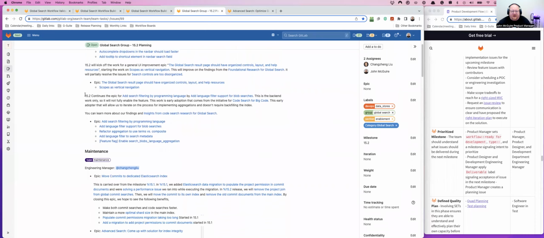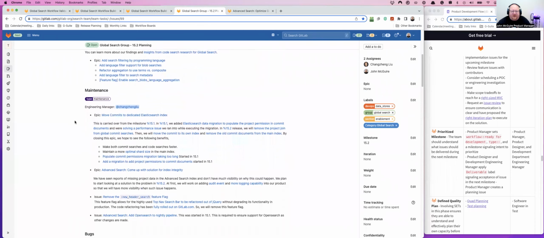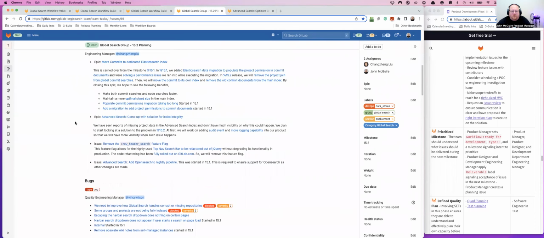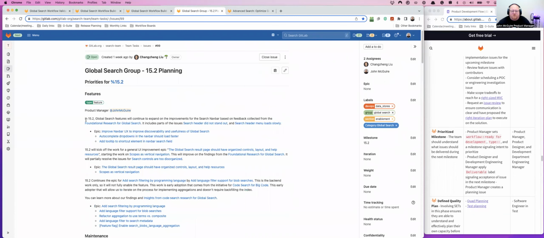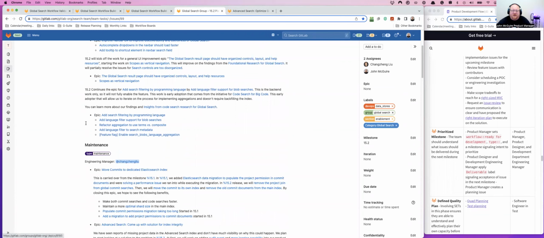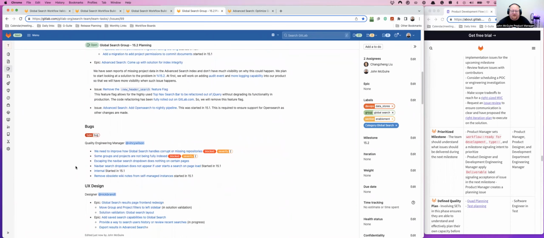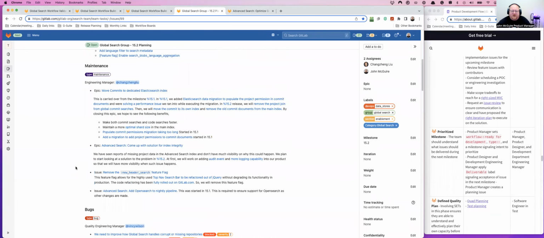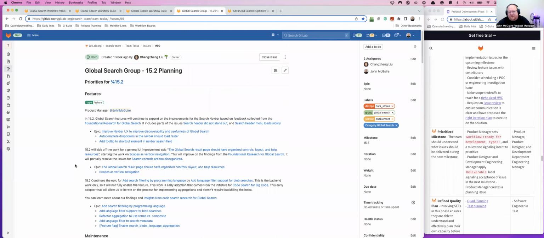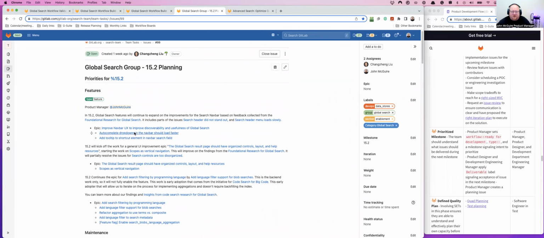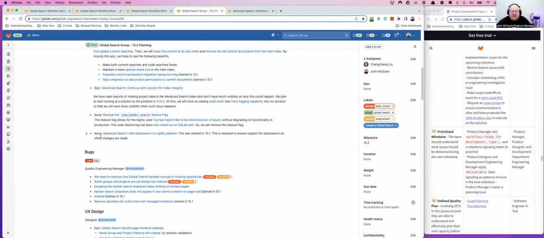One of the things that has come up with the prioritization methods is that we're targeting a balance of how much feature development versus maintenance versus bug work happens in any given milestone. And this is different for each team, but the ideal target would be a 60% feature, 30% maintenance, and 10%